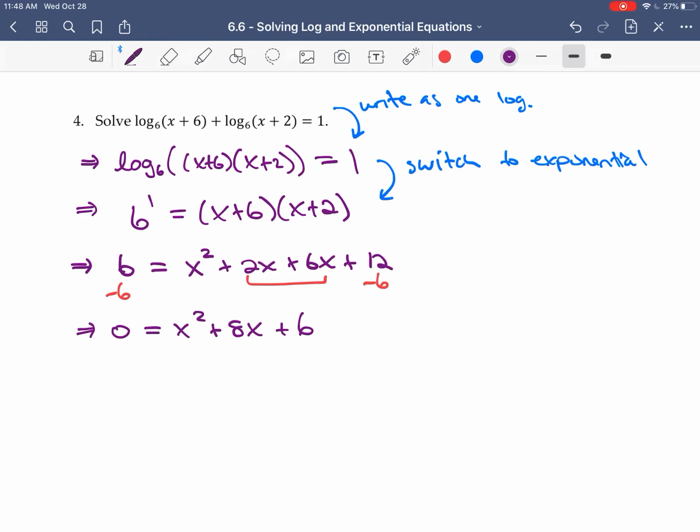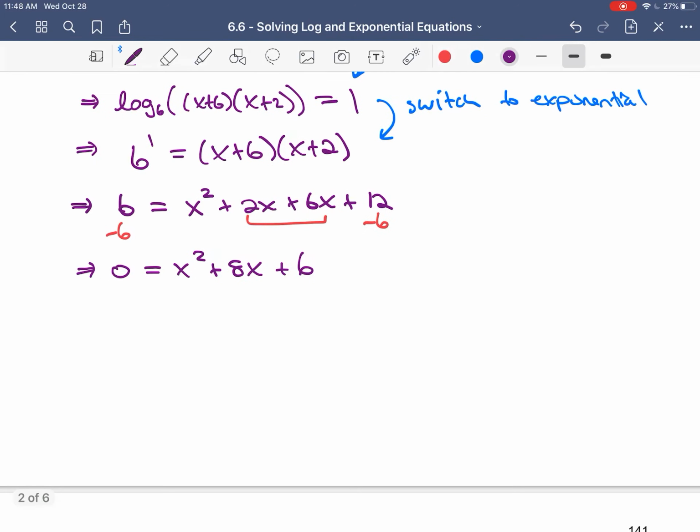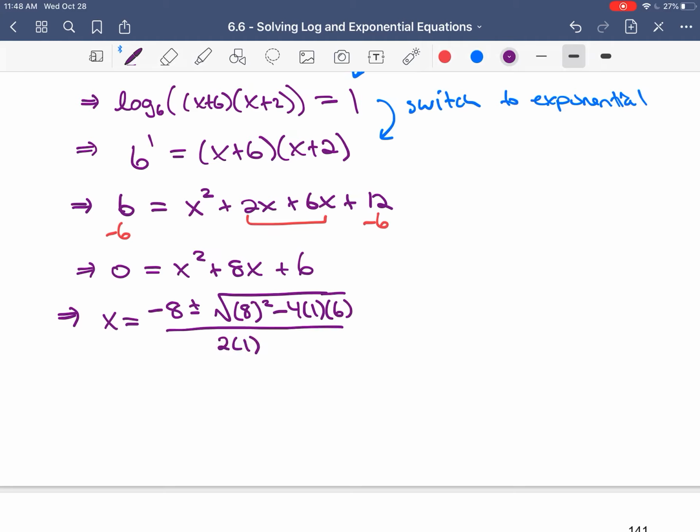So I'd want to factor this, which is not easy. There's not two numbers that multiply to give 6 and add to give 8. So if I use the quadratic formula, x is going to be negative 8 plus or minus the square root of 8 squared minus 4 times a, which is 1, times c, which is 6, all over 2 times 1. So that's negative 8 plus or minus, and this is going to simplify to the square root of 40 over 2,